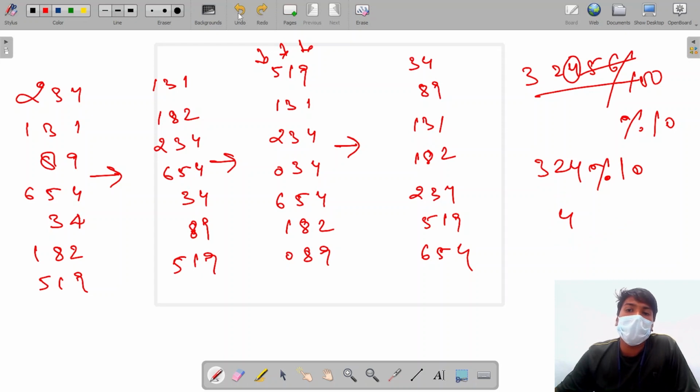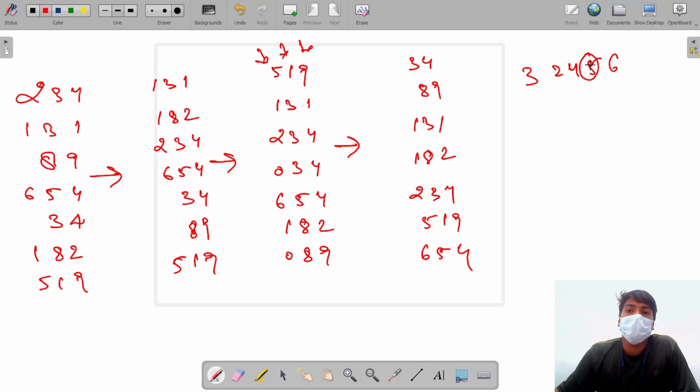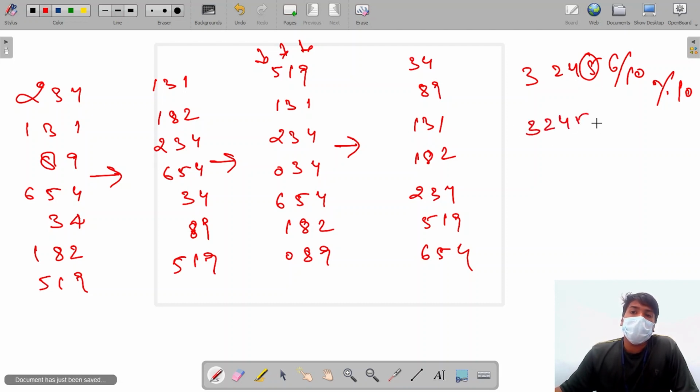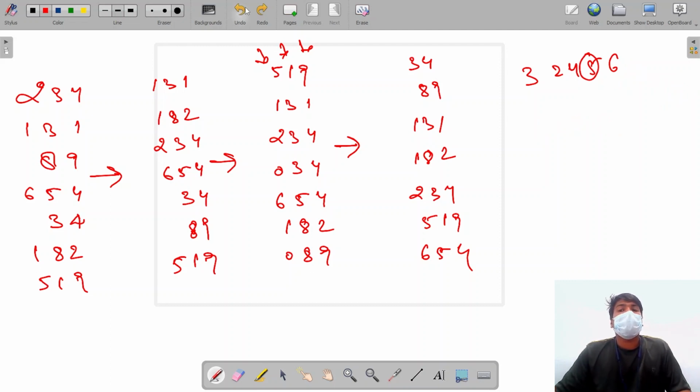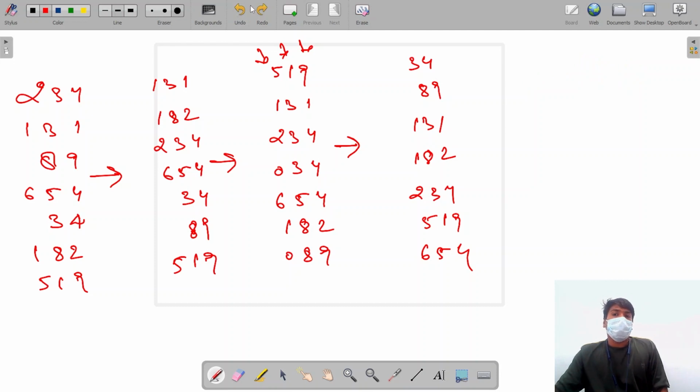One more example: in the same number, let us say we want to get this 5. How are we going to get it? First of all, we need to remove the last digit. So we divide by 10, and do mod by 10. When we divide it by 10, it becomes 3245, and when you do mod by 10, the remainder gives 5. So what you do is divide by some number and then mod with 10. This is how you get a digit at a specific place.